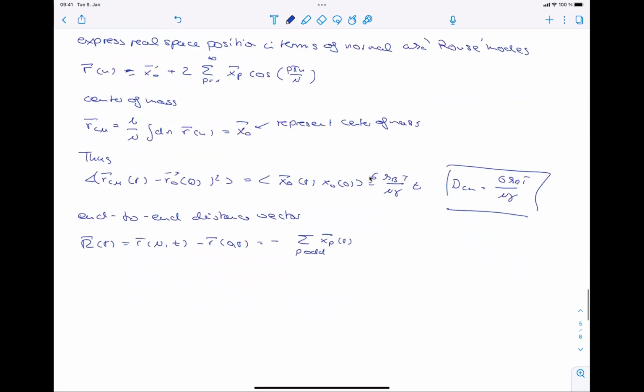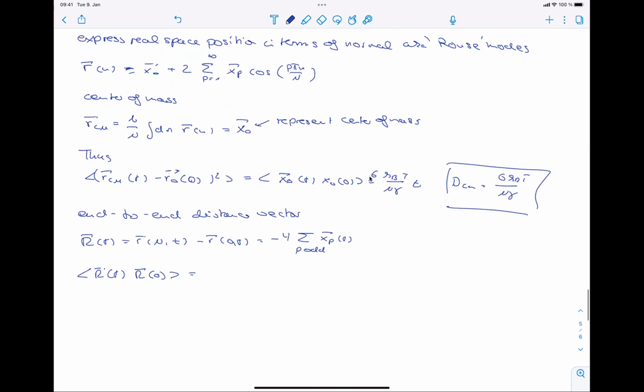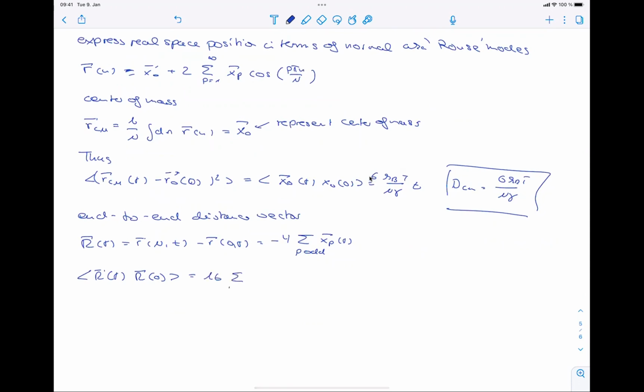And then looking at the correlations of the end-to-end distance vector, sorry, there was a 4 from the 2. We get a 16 summing over all odd modes xp(t) xp(0). And since these correlations are decaying exponentially, we find